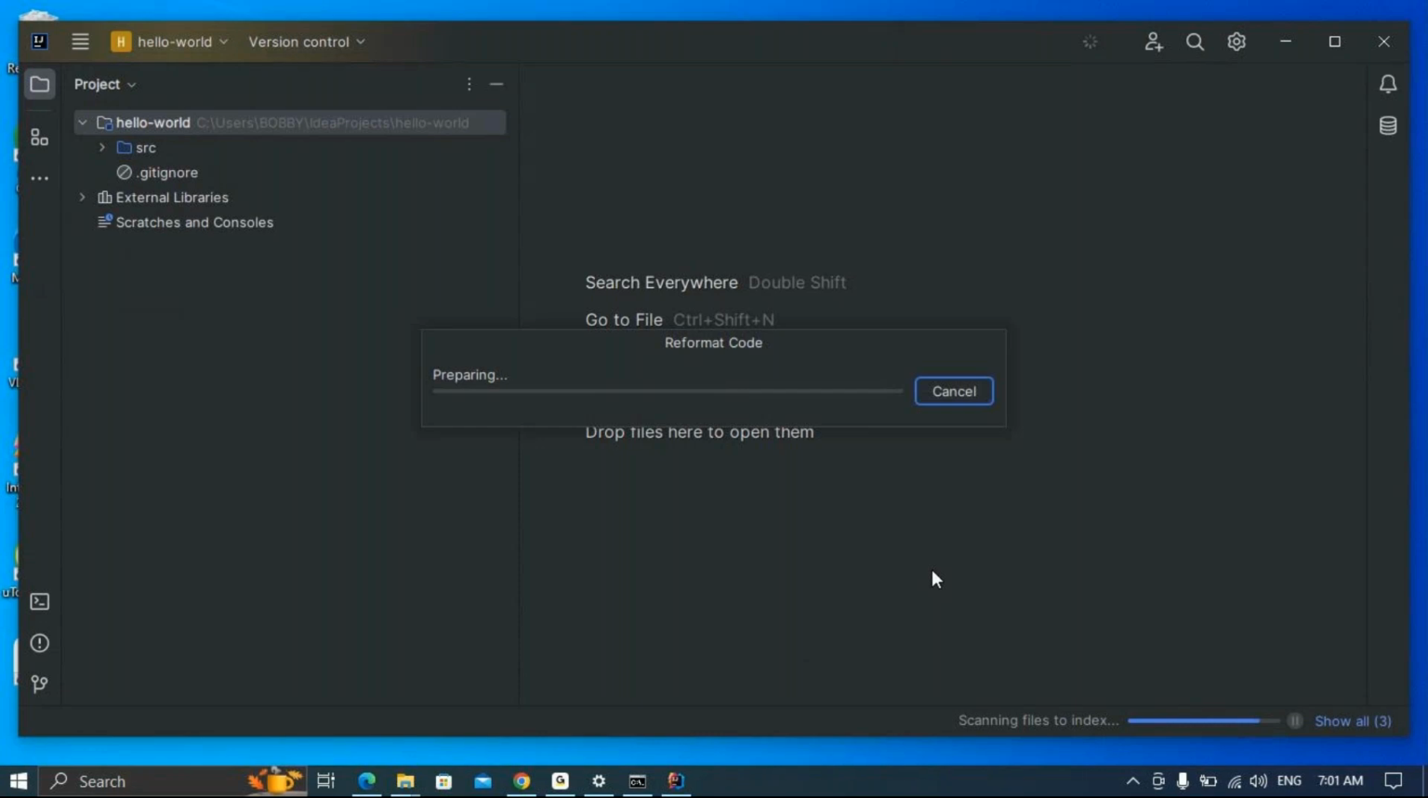Okay. If you expand, let it reformat. Go. Let it happen. Okay. Yeah. So,